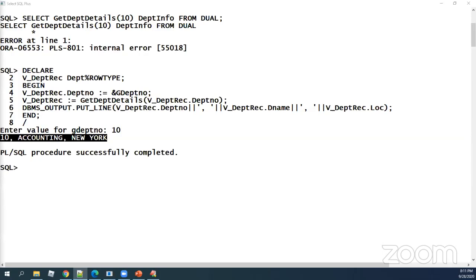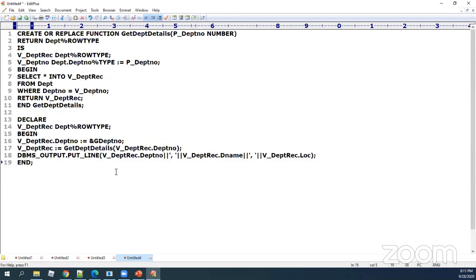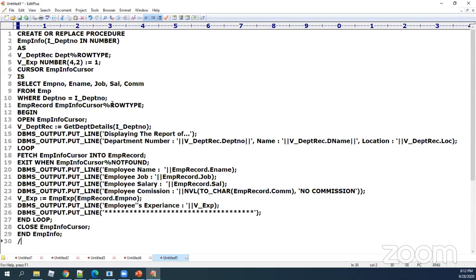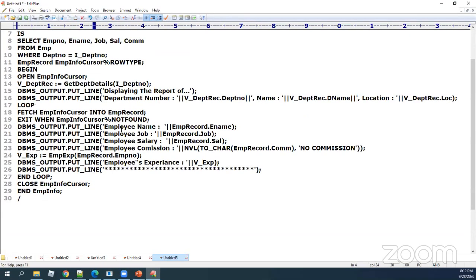Now let me say I'm taking this particular function and let us enhance that employee info procedure we created previously. Under that particular procedure, I'm declaring my department percentage row type, and you can just watch here. I'm calling that function here now. And I'm also calling my employee experience function here.